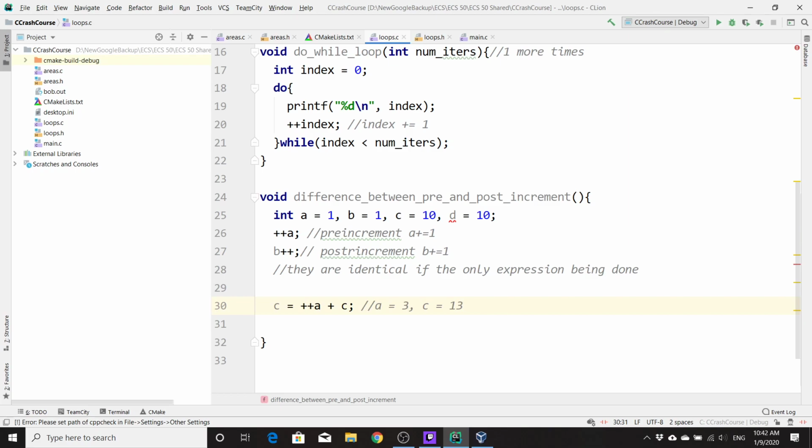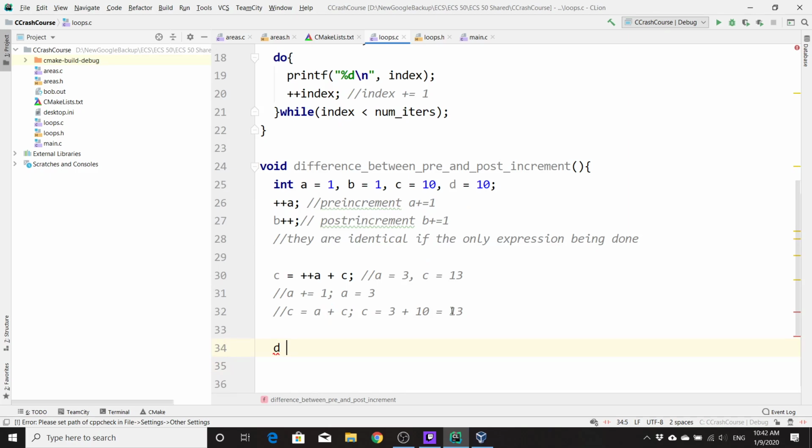Yeah, it kind of is like order of operations things, like the pre-increment happens first, so you add 1 to it first. So this is essentially doing something like A plus equals 1, right? And then C is equal to A plus C, right? This makes A equal to 3, and then over here we now have C is equal to 3 plus 10, which is our 13. If, however, we do D is equal to B plus plus plus D,